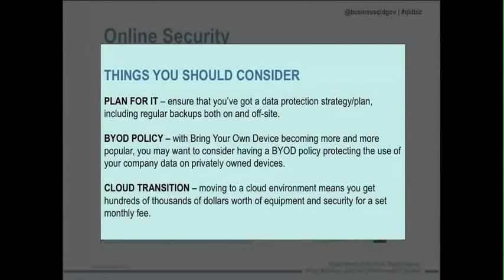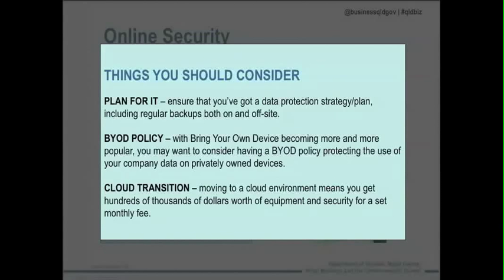The final point there is a consideration to move to the cloud, and we're seeing more and more small businesses, as the cloud becomes more and more accessible and lower cost. We're starting to see that you can quite easily move to a cloud-based environment and at a very similar or much lower cost to what you would expect from having fixed infrastructure in your office, like buying the computers and buying the servers and so forth.